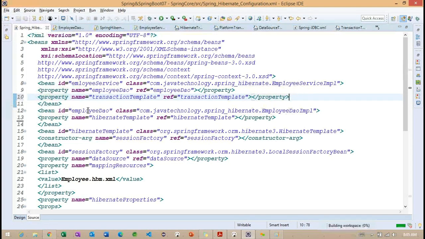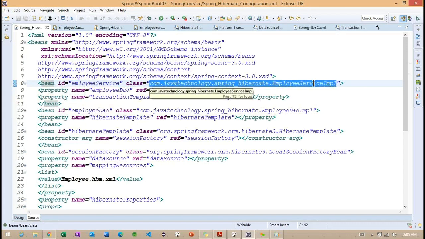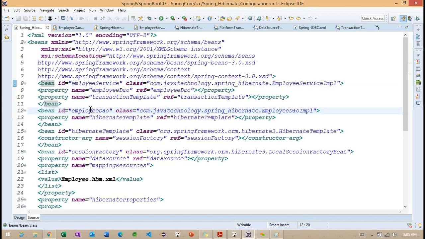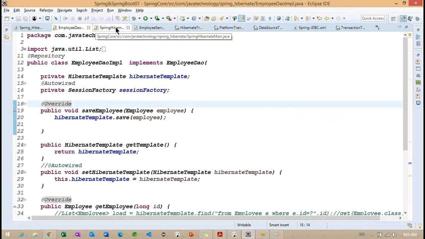We don't want to change the employee DO. We need to add the transaction template in the service class, because we added it into the service IMPL class. I forgot and previously added it into the DO class.